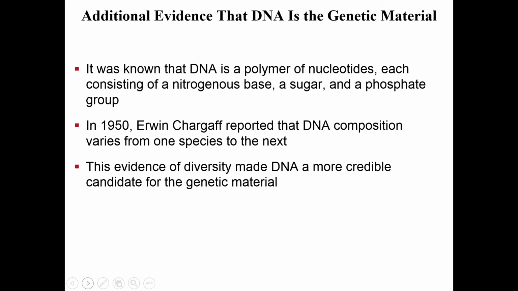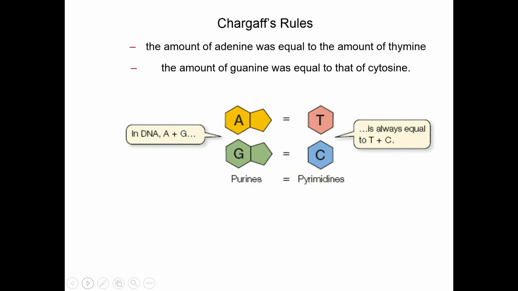Erwin Chargaff, through his experiments, determined that DNA composition from one organism to the next varies. And that the diversity of the DNA composition gives more credit to this idea of DNA being a source of genetic information. Now, he also came up with these rules